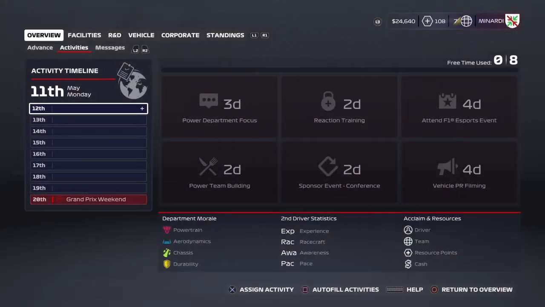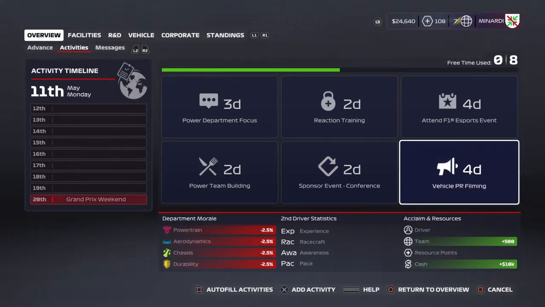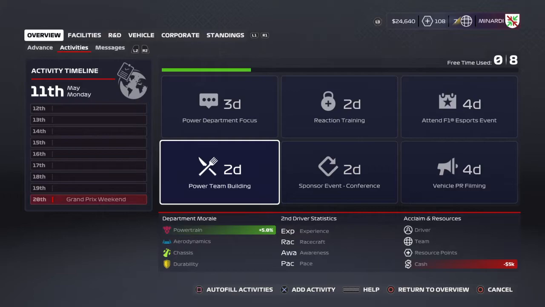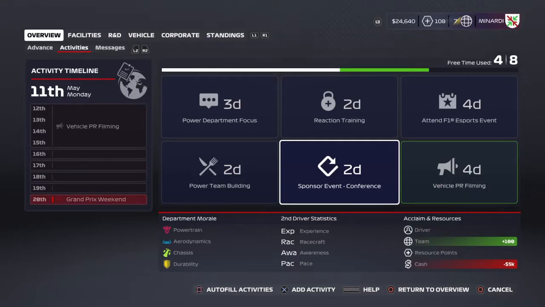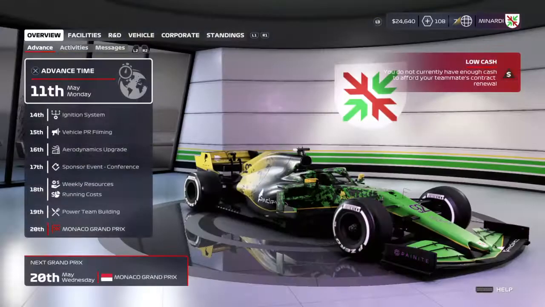So let's go. Oh, activities. Activities! Let's take a wee look. What do we fancy? What do we fancy? Vehicle PR filming. And that could be good to get our team morale up. Reaction times could be good. We aren't really dealing with any of that. So I kind of feel like if we do PR filming there, that there, and we'll pull that in there. Hopefully that'll give it a little bit of a...